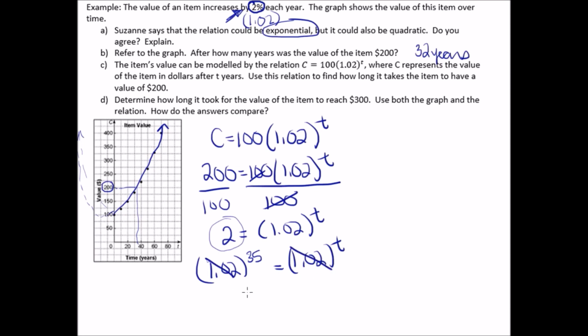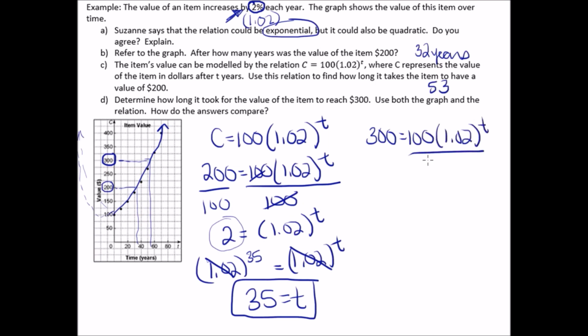Okay, when we have the same bases, we drop the bases, and t equals 35. So we said about 32 years. The equation says 35, so that's pretty close there. Okay, and D, determine how long it took for the item to reach 300. Okay, so let's go 300. From the graph, I would say about 53 years. But let's actually sub in the 300